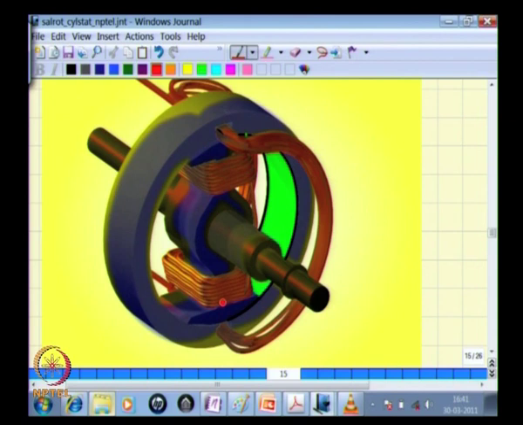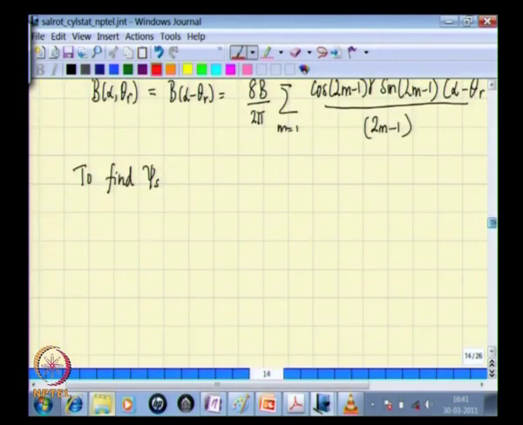And we now have to determine the flux linkage. Flux linkage for the coil as is shown here. This is the coil, that is the stator coil, which goes into this slot, comes out here, goes in through this slot, comes out on the other side, and again around the circumference, goes back and comes in. Now how to find the flux linkage? To find the flux linkage